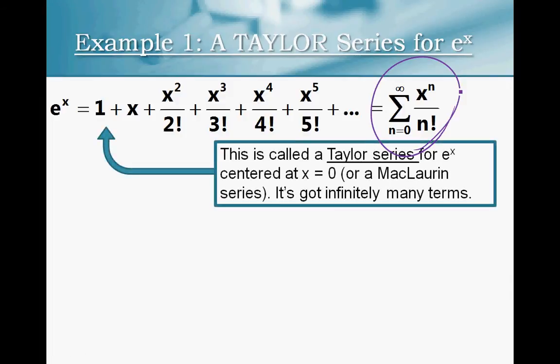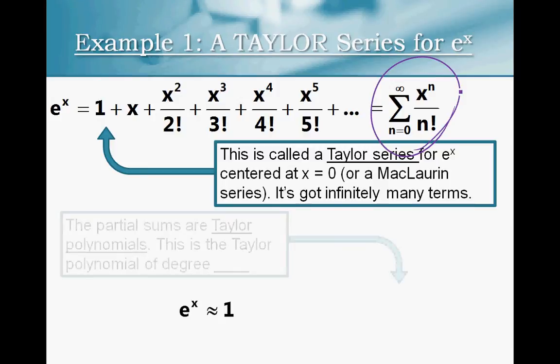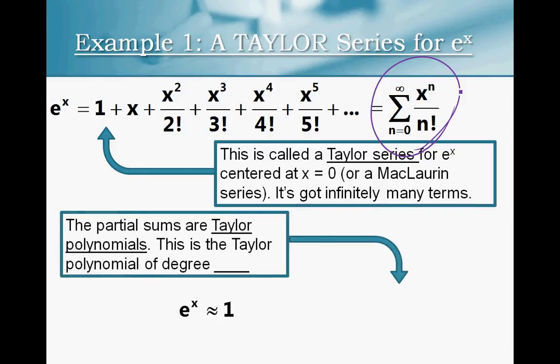This is called a Taylor series for e to the x centered at x equals 0. We call it a Taylor series instead of a power series because a Taylor series is a specific kind of power series that you find using derivatives in this way. It's got infinitely many terms, and basically what we have is e to the x is approximately equal to, well,